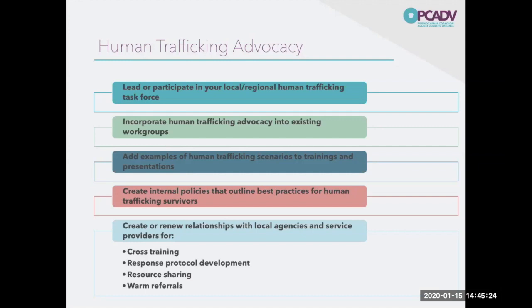If some of you are already hosting domestic violence task forces or work groups, there's ways that you can incorporate human trafficking into that existing agenda, because honestly, the people that you're already collaborating with for assistance with domestic violence are going to be the same ones that you're going to be reaching out to for assistance with human trafficking. So this is something that you can very easily incorporate into what you're already doing in a lot of ways. But if you aren't engaging in that way, or you don't have a local task force, there's regional human trafficking task forces all throughout the Commonwealth.